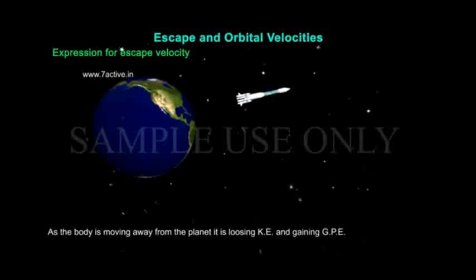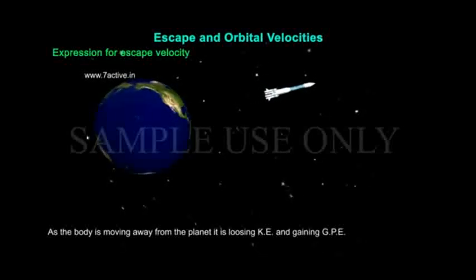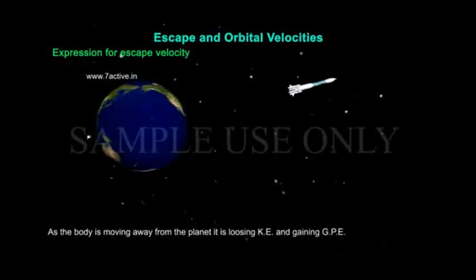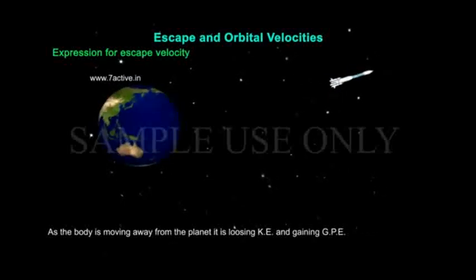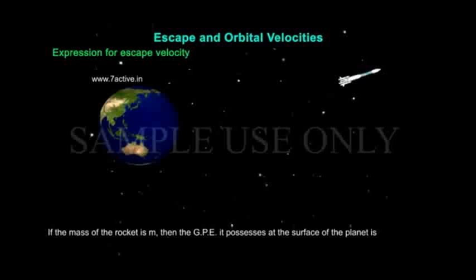As the body is moving away from the planet, it is losing kinetic energy KE and gaining gravitational potential energy GPE. If the mass of the rocket is m, then the GPE it possesses at the surface of the planet is,